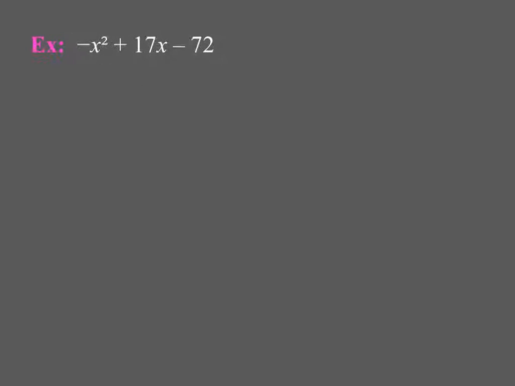On a problem like this, here the coefficient of x isn't 1. Right now it's negative 1. So to start, you're going to undistribute or factor out a GCF of negative 1. By doing that, what's going to happen is the trinomial becomes x squared minus 17x plus 72. So by taking out a GCF of negative 1, you change the coefficient of x squared to 1,